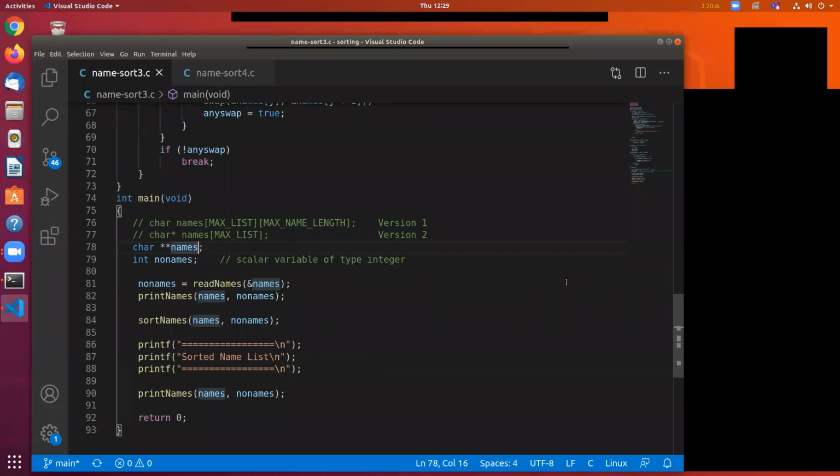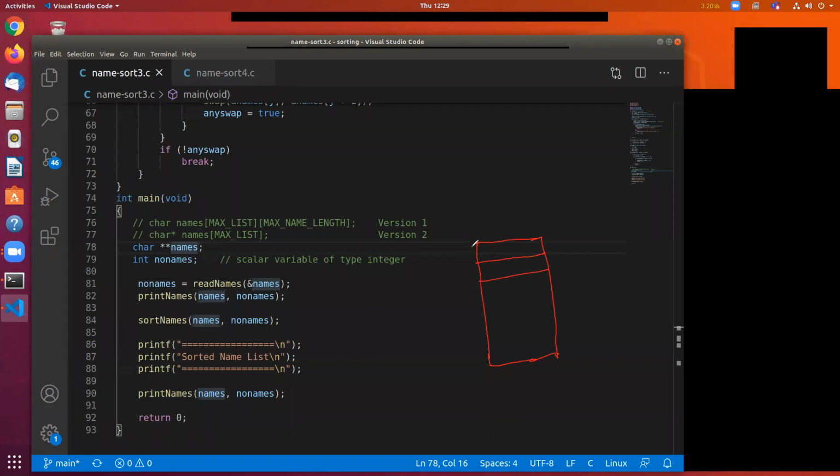Here, this names variable, what we would like to have is, after we call the read names function and we are out of it, the names variable should contain the base address